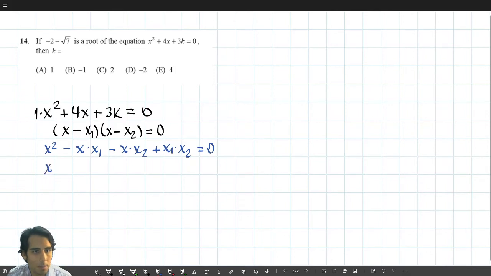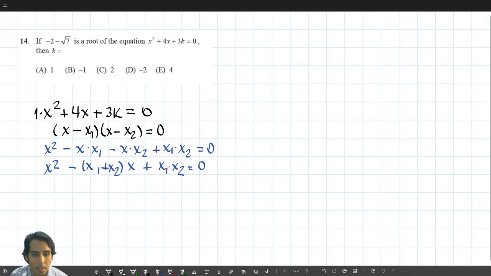So as we can see here, if we group the terms, we have that the last term here, the independent term, which is 3 times k, equals the multiplication of the roots. And also we know that from the general formula,